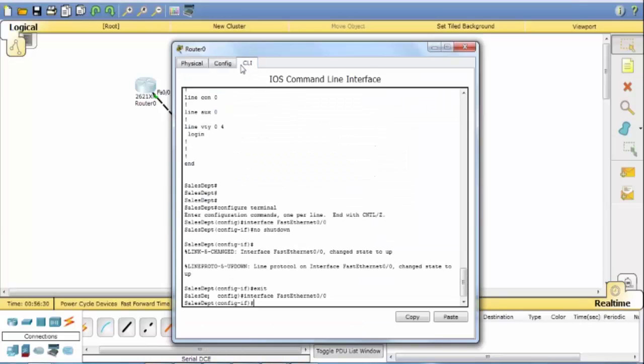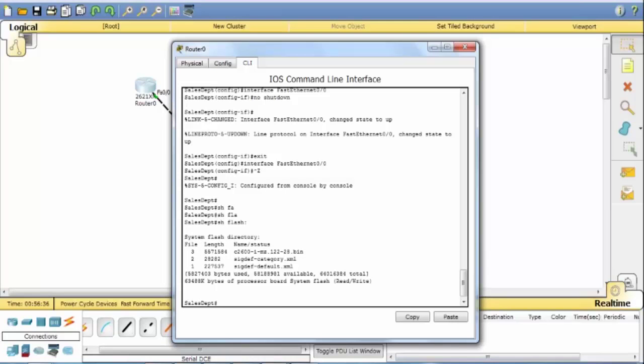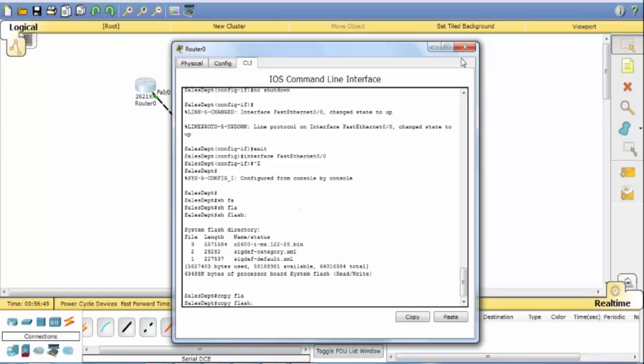So why do you want to take a backup of your router IOS? First of all, we need to find the flash. Show flash to verify the name of your IOS. Select it and copy it, because we need to manually type. So copy flash, and a backup should always be taken on the